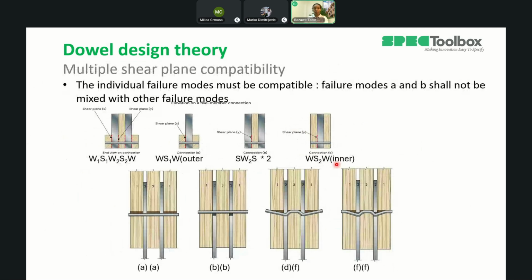For multiple shear plane connections, in the two codes, we have the same approach. Firstly, we divide the multiple shear plane connections into a series of double shear connections, but we have to make sure that these double shear connections are compatible with each other to sum up the final capacities. So failure modes A and B